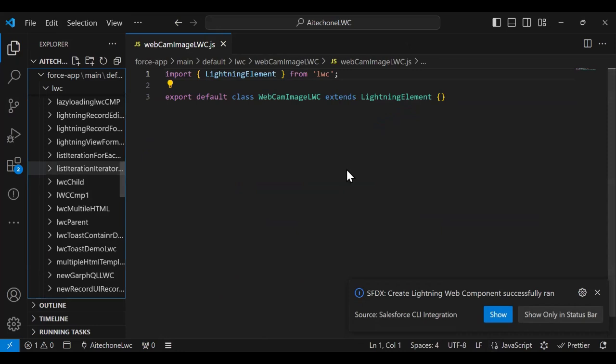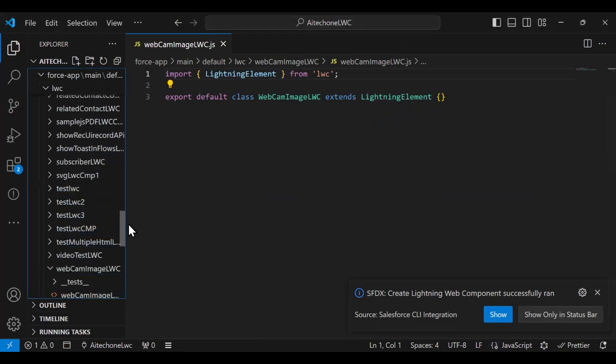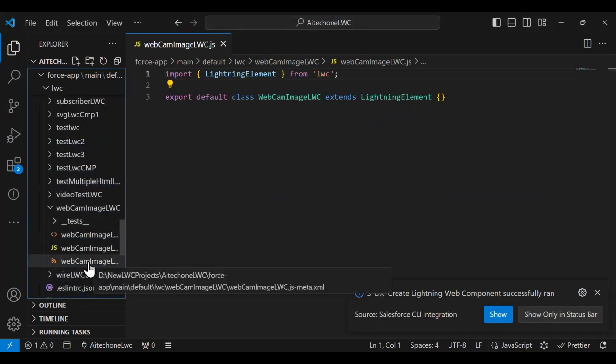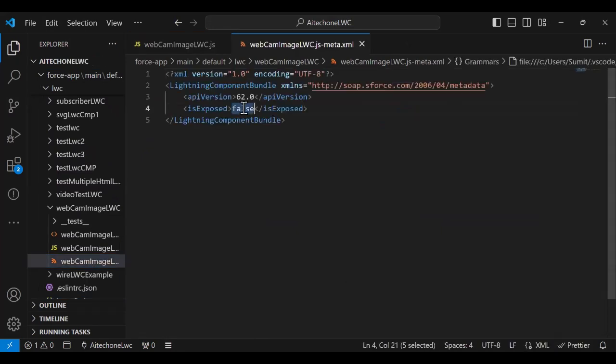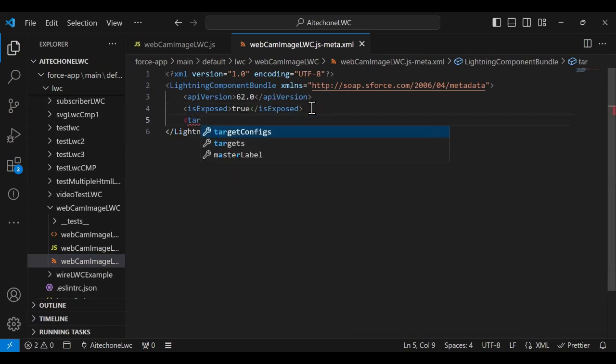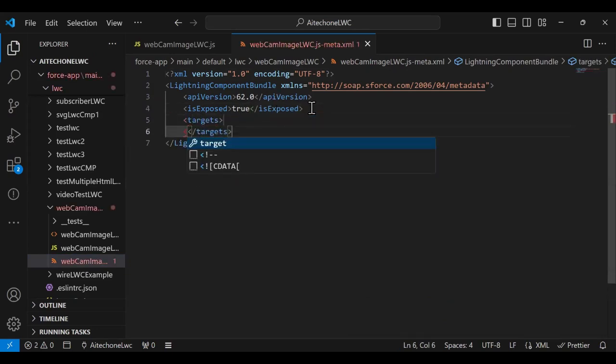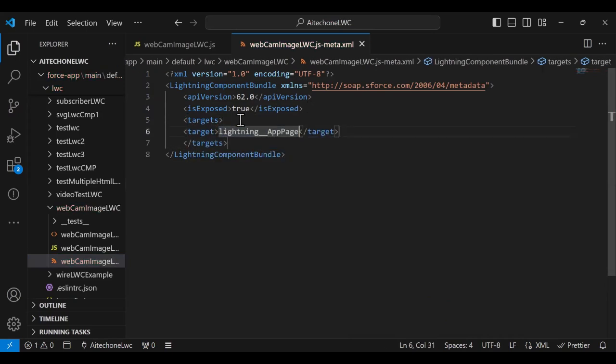The first step I am going to do is set the targets. I set isExposed to true, then set the targets, and the targets I want to set here. I can set the target as Lightning app page, Lightning homepage,